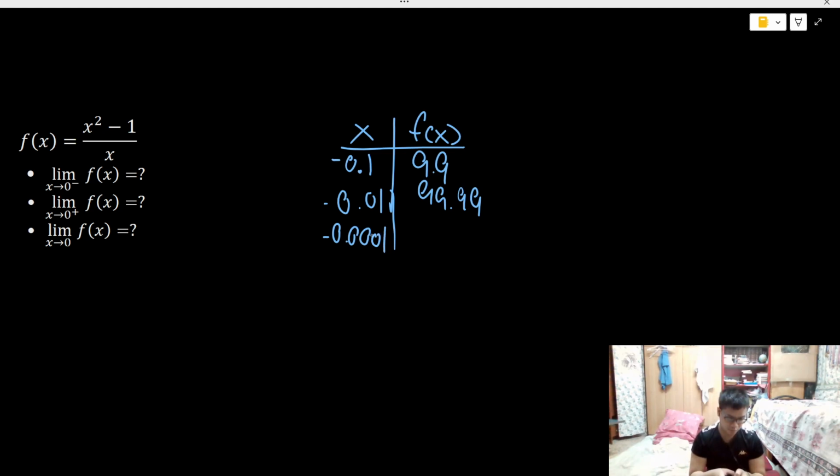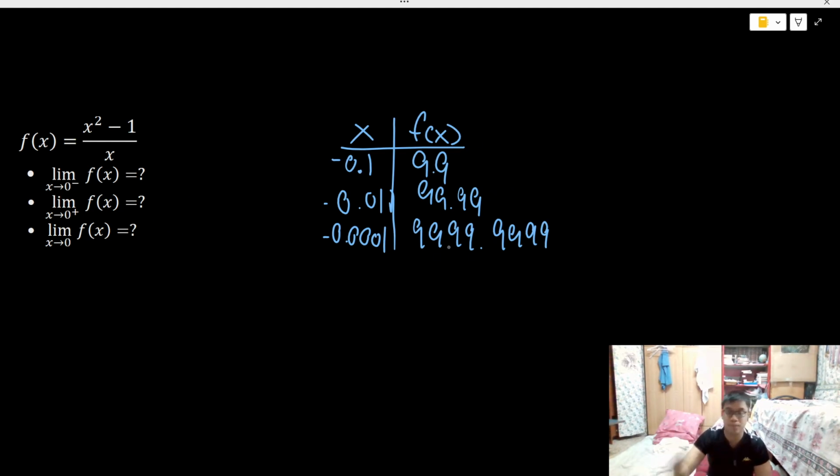All right, let's take a look. So it's 9999.9999. So you see, as our x values approach 0 from the left, we have these results,